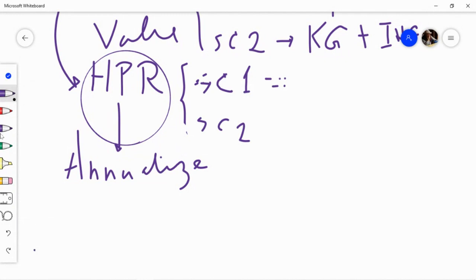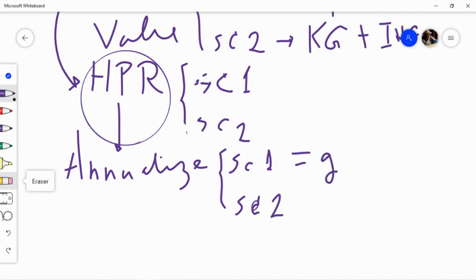It's hard to write it. I'm not going to write it anymore. The point is, when we annualize, the annualized returns on scenario 1, and scenario 2, right? In scenario 1, it is just the growth rate. In scenario 2, it is the return. It's because holding period return on scenario 1 is simply